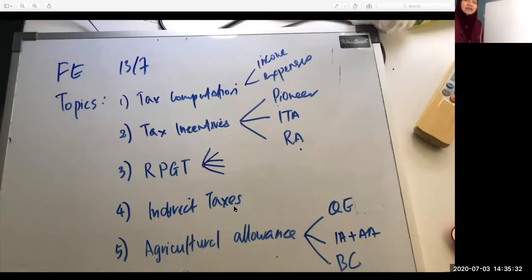Okay, all right. So when talking about, of course, you are given the statement of comprehensive income or profit and loss account, right? So what you normally do is that you have the income minus expenses. So you come to your profit before tax. For exam purposes, whether it's your exam or even the professional exam, they will always start with profit before tax, right? So you will have to start from this.